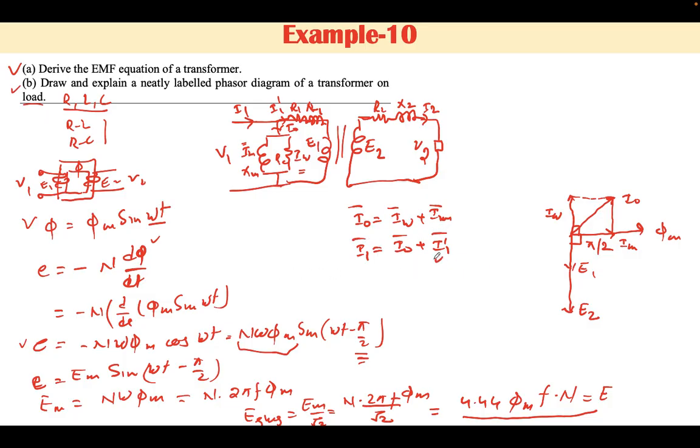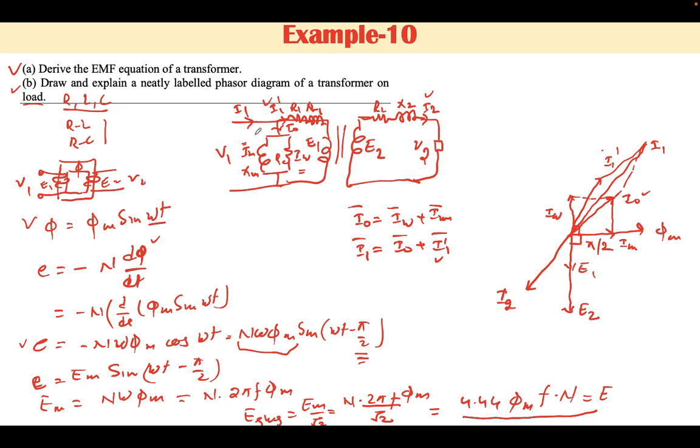And I1 dash is what? I1 dash is the current when load is connected in the secondary and this secondary current starts flowing. In counter of that secondary current, extra current will start flowing in the primary side. When the load is connected in the secondary, the current I2 will flow, and in counter of this flux, extra current will flow in the primary side. That current is I1 dash, and the phasor sum of I0 and I1 dash is nothing but the no load primary current, and this current will be I1 total in the primary side.